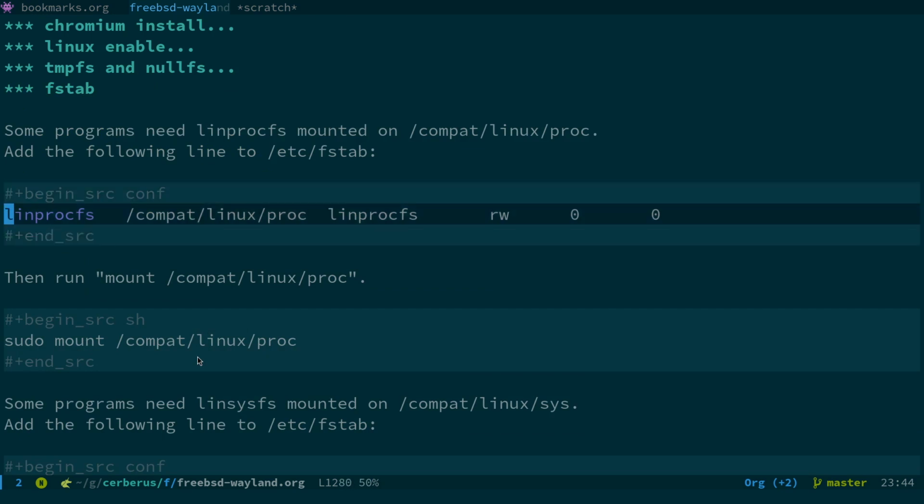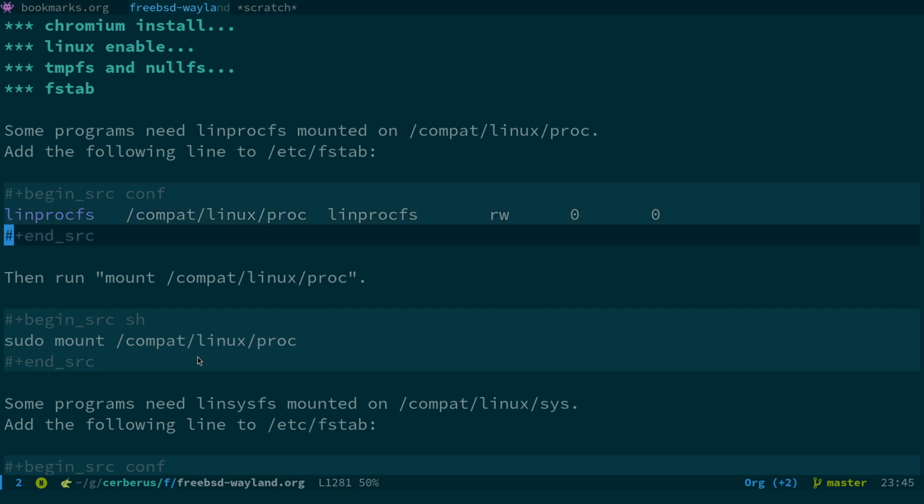lin-procfs at /compat/linux/proc, and that's lin-procfs read write 00. You can then mount that again by running this command as root: sudo mount /compat/linux/proc, and then the next one we're going to enable